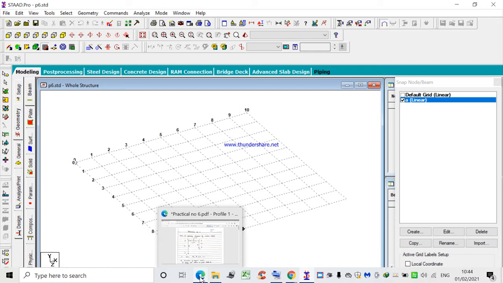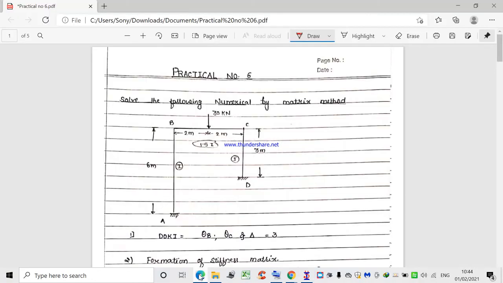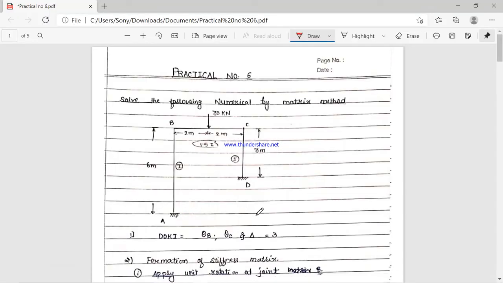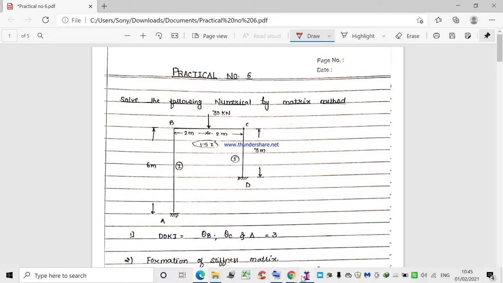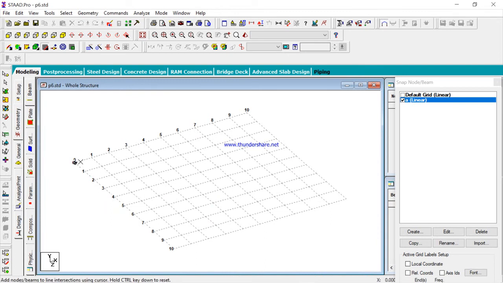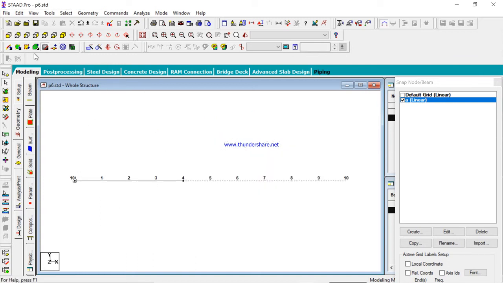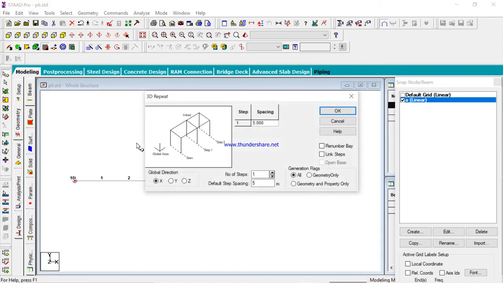So what is the geometry? Let us see that. Horizontal length is 4 meter. Here this is 4 meter. After this you can select this nodal point and go to translation repeat.